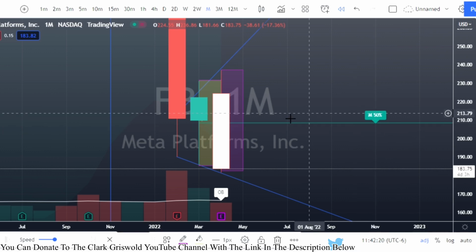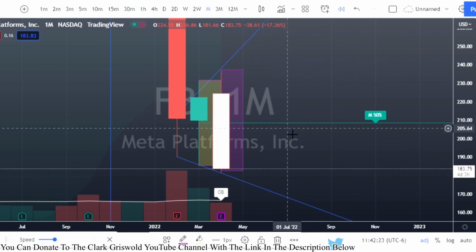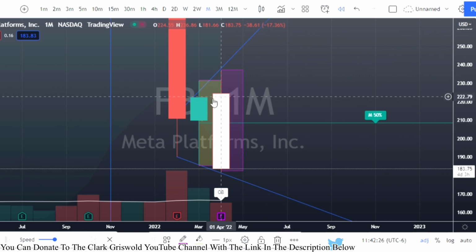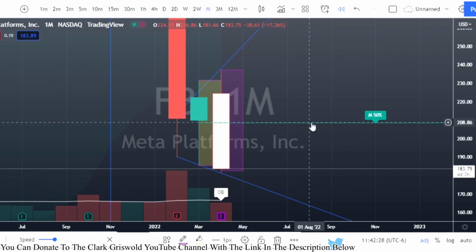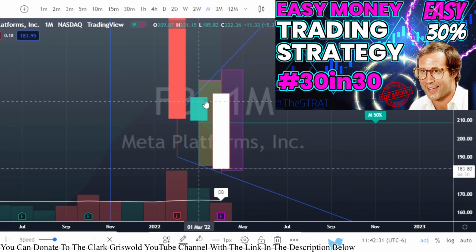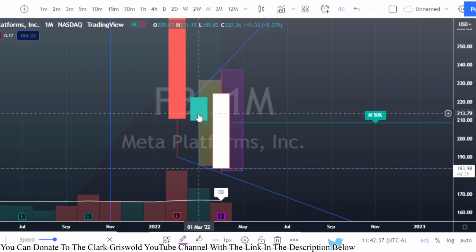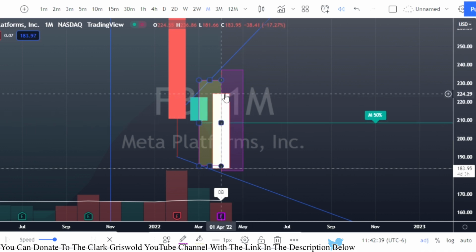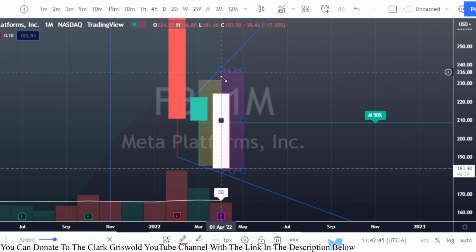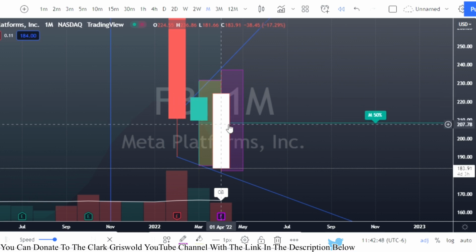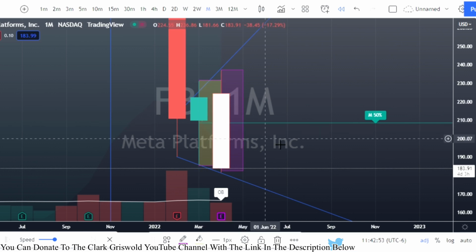So basically what Sara's rule is, when we surpass this green line, it indicates 50% of the previous bar. So this green bar is the previous bar. This line represents half of this bar. So in this scenario, we opened right here, okay, and we came up and we started trending down. And as soon as we pass this 50% marker here on this candle, that's an indication that we are likely to go outside day, or outside month, sorry. It could mean outside day, it could mean outside week.